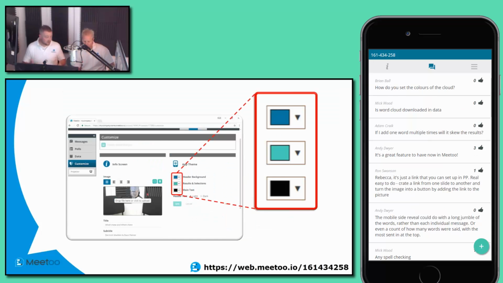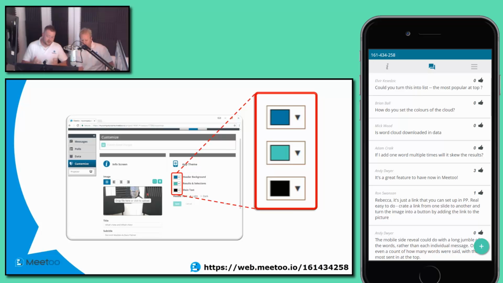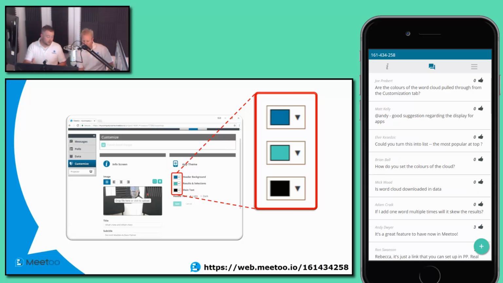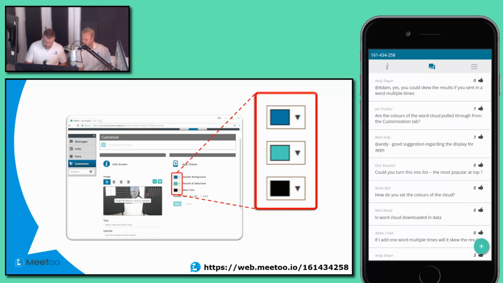Yes, it is customizable. The words in the cloud will use the colors that you can set as part of your customizable app theme. So that word cloud will reinforce any styling or branding that you've put into your sessions in Me Too. And that's great because it talks to a couple of questions that have come in from you in terms of that customization and where we get the colors from. So yes, absolutely. And I do believe that is it for word cloud.